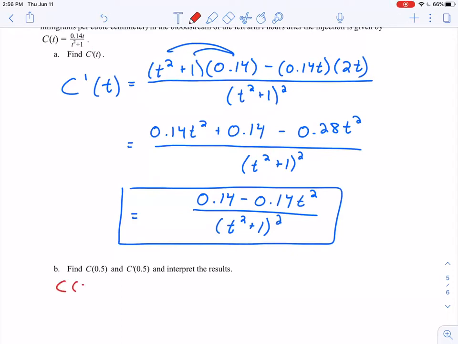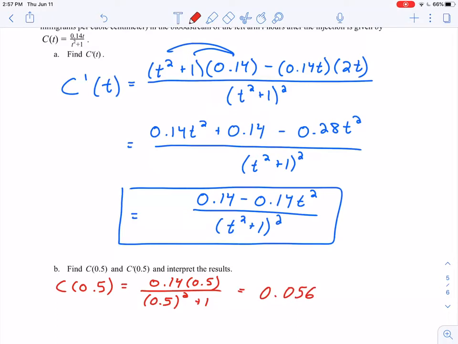So c of 0.5 is equal to 0.14 times 0.5 divided by 0.5 quantity squared plus 1. So let me crunch some numbers here real quick. 0.14 times 0.5 divided by 0.5 squared plus 1. What do we got? We got